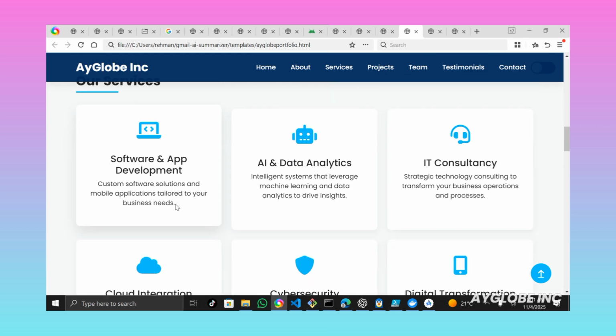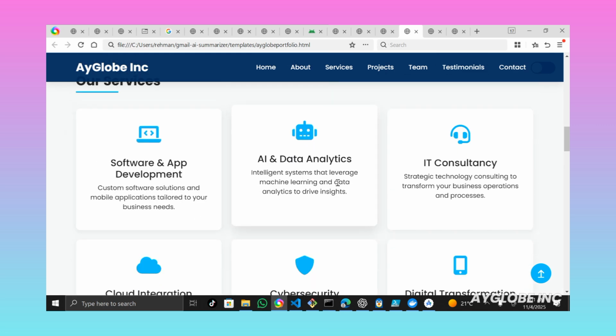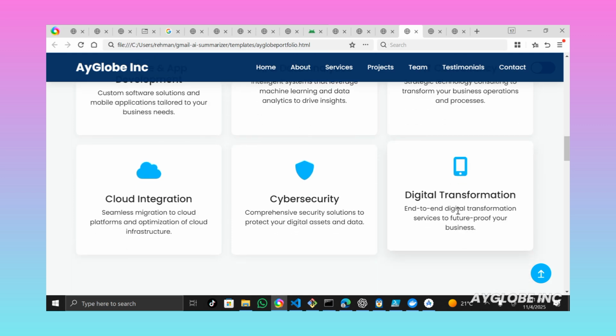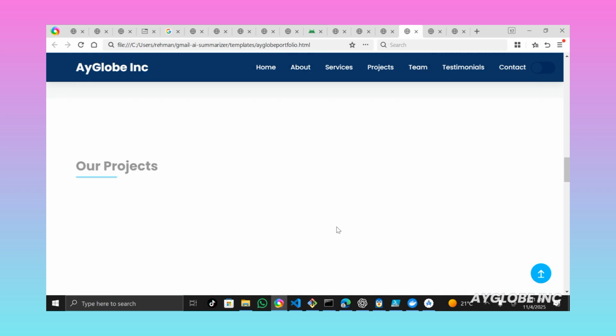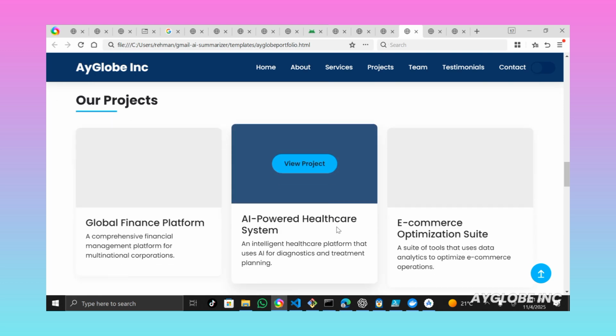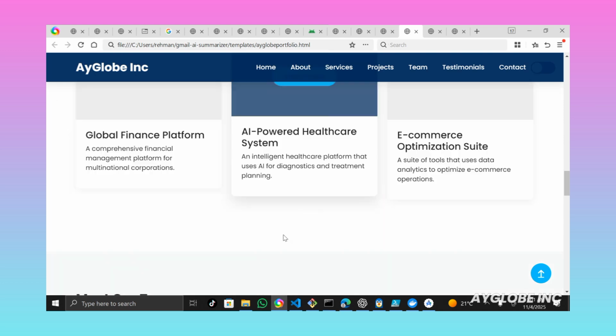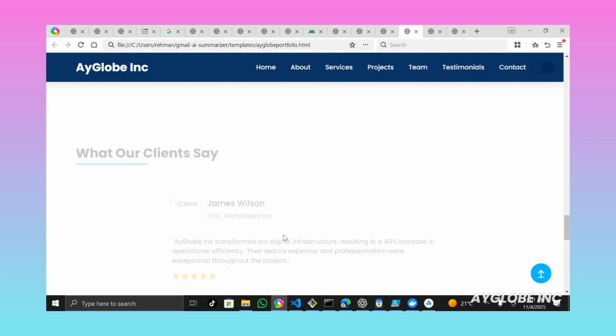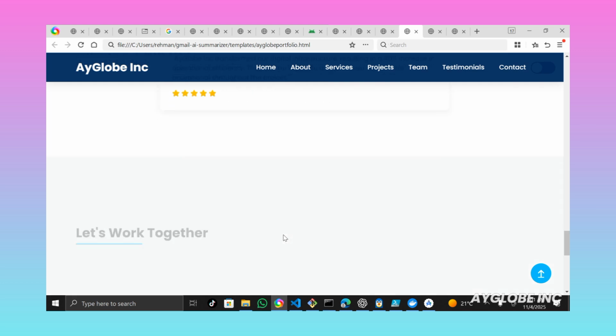Our services: software, app development, AI and data analytics, IT consultancy, digital transformation, cybersecurity, cloud integration. You can visualize how perfect it is. Wow, that is great. So if you want to get to this point,